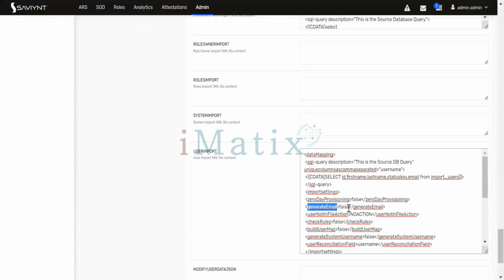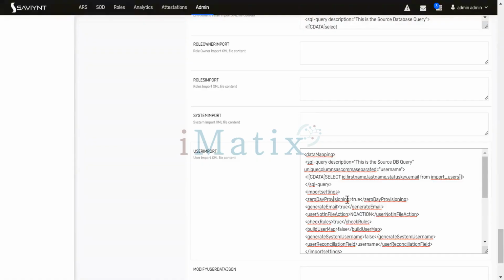Instead of false, mark it as true. And here you have 0-day provision, mark it as true also. And there is accrual also, mark it as true. These three things: generate email,